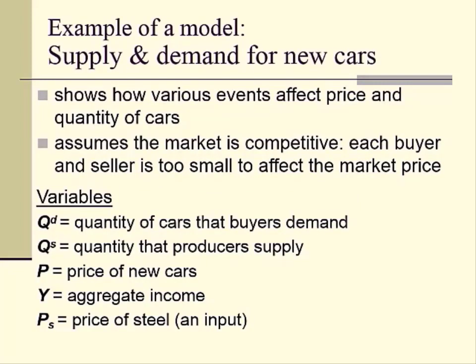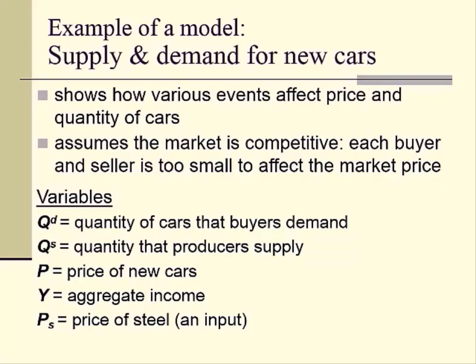For example, you must have encountered in your principles class the supply and demand model. So why don't we look at an example of a supply and demand model for new cars, which shows how various events affect the price and quantity of cars. And here we assume that the market is competitive and each buyer and seller is too small to affect the market price. Of course, you may know that the automobile market is not perfectly competitive, but if all we want to know is how an increase in the price of steel, for example,